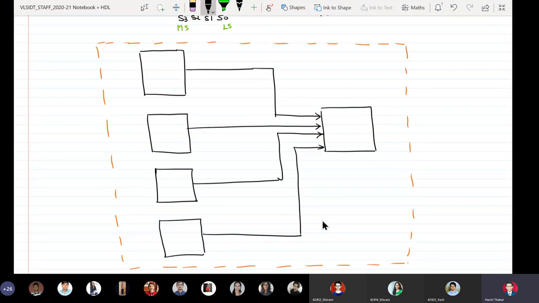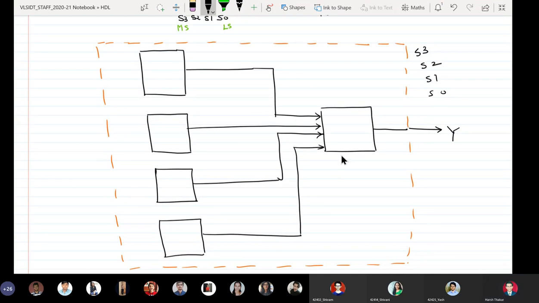Outputs of individual 4:1 muxes will be given. From here we have the output Y of the 16:1 multiplexer, and then can you tell me how these 4 select lines will be distributed? S3, S2, S1, S0.